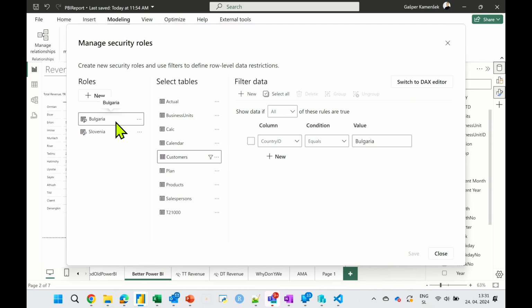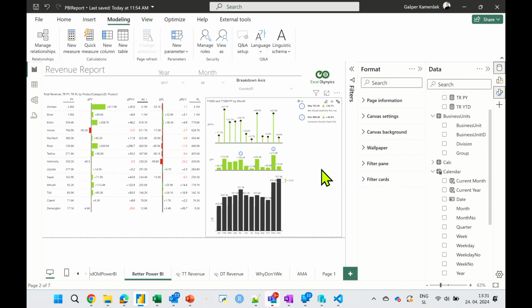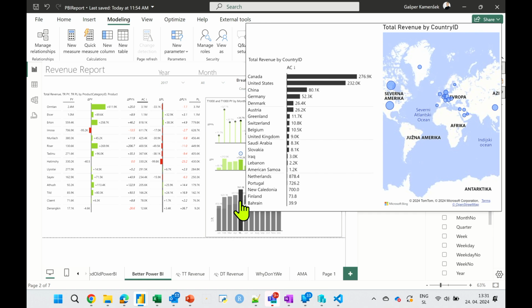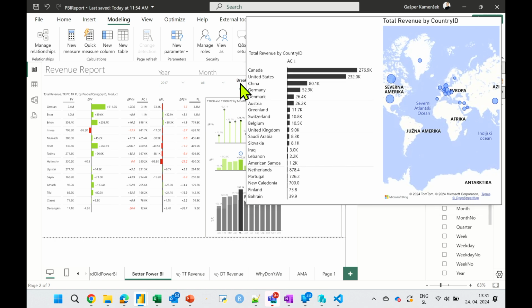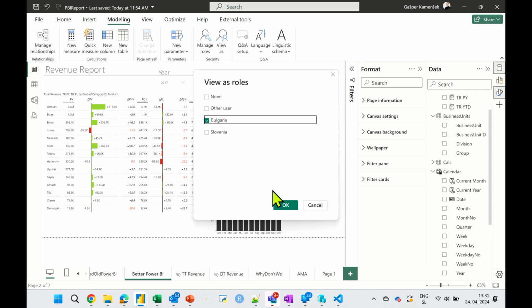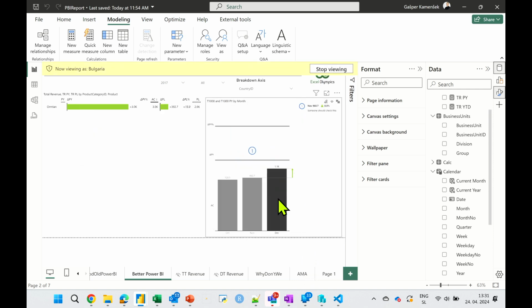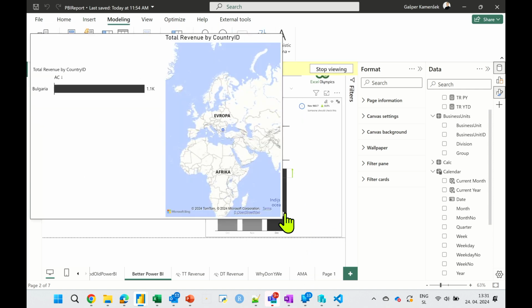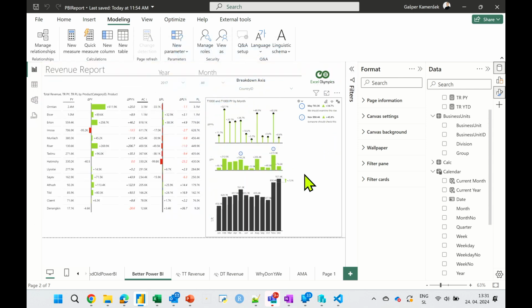And what this row does is it filters all my data to only customers from Bulgaria. And what this also does is, this report, which now shows the entire world, if I view it as a Bulgarian role, you never would guess what I'm going to see. Well, that little dot, you recognize it, right? So I'm only viewing Bulgaria. And that is so cool because it's still just a single report, but it behaves differently depending on the role with which I'm approaching it, right?